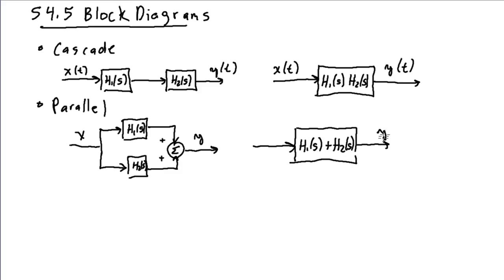And then for any given input, we will get the same output from this combined system as we would from this parallel system. And the final connection we'll look at is a feedback connection, which you'll see quite often in control systems. Here the input x comes into a summer. I'll use S-domain notation here, and then in negative feedback we subtract from the input the feedback signal,